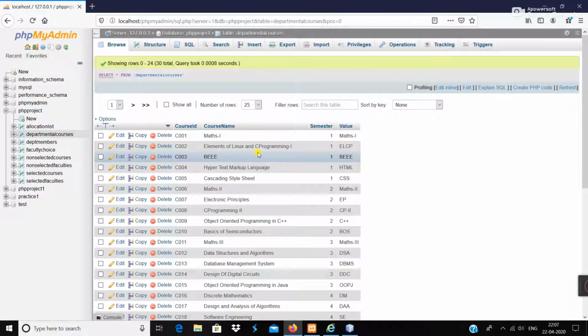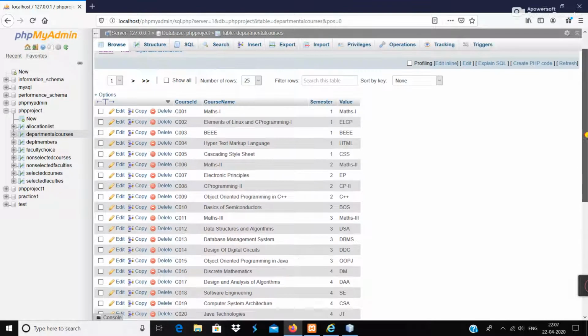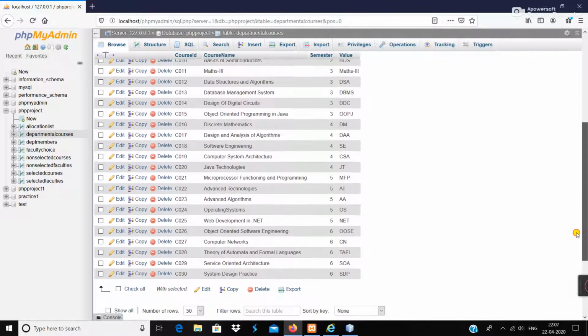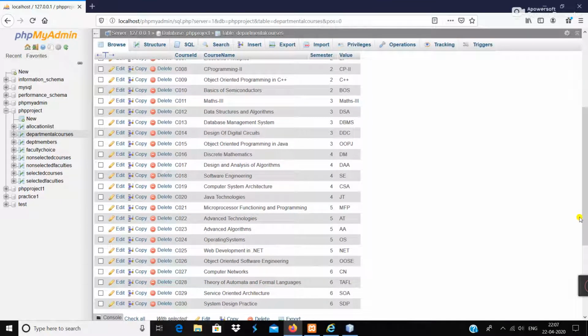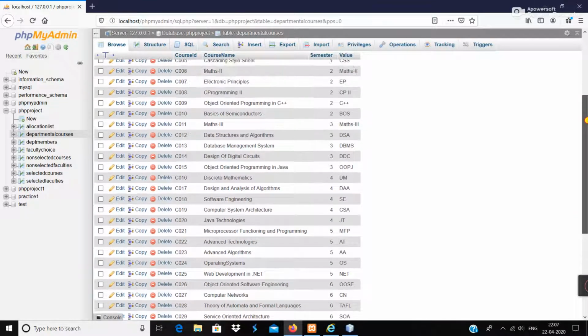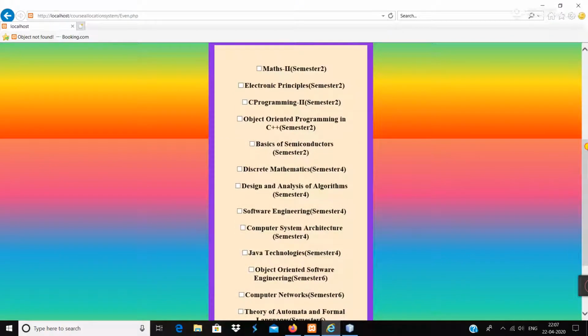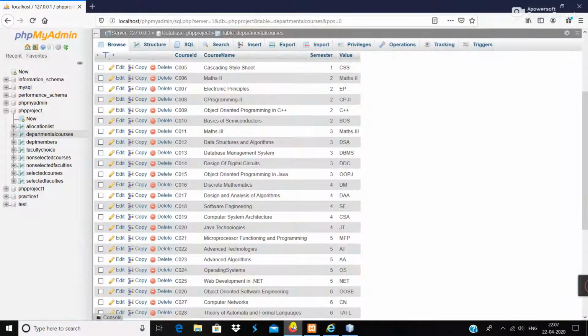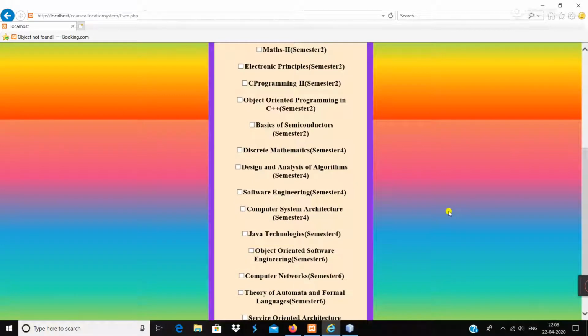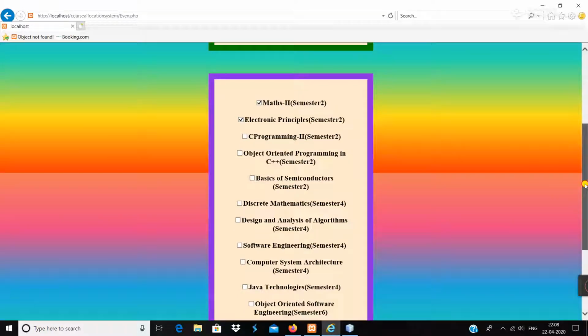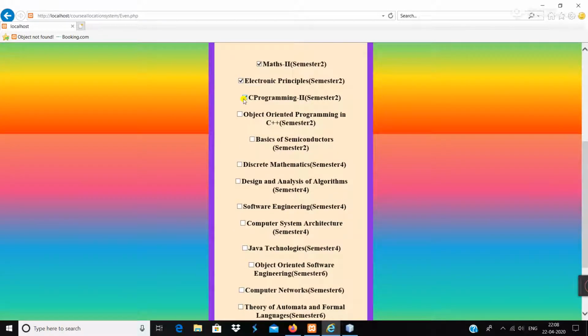This is the table from where the different courses taught from 1 to 6 semesters. Let me show you all the data. Right, 30 records are there. So from here the data is coming, right, for second semester. You can see math, electronic principles, object-oriented programming in C++. Right, so all those are present over here. Discrete mathematics, DA, software engineering, you can see them in the database and over here also. So whichever subject I will not be selecting over here, they will be taught by those faculties who are expert in that subject, right? That we will see further how we will do allocation of those subjects.